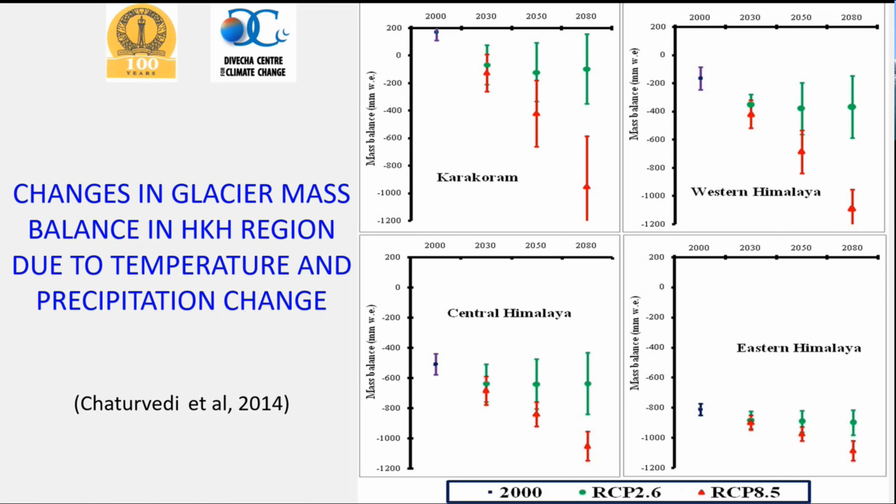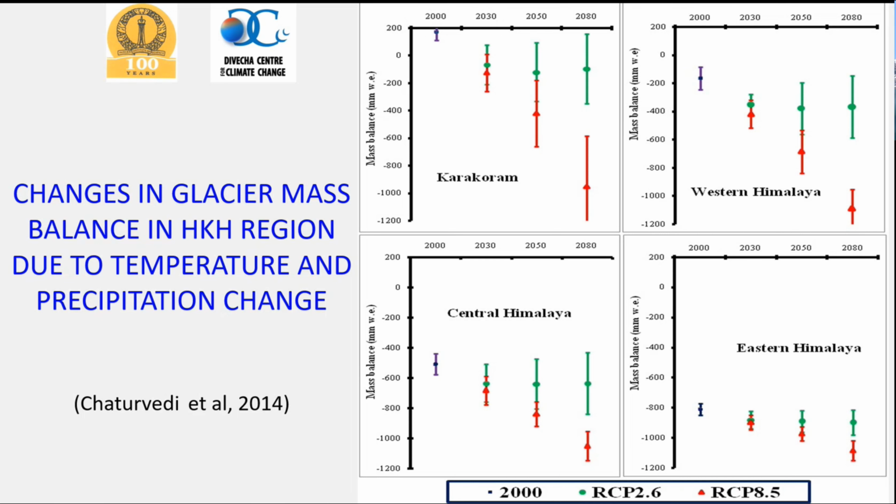But the situation is definitely hopeless in the eastern Himalayas. No matter what you do, these glaciers are heading for the finish. In the Western Himalaya, it's quite possible that you might be able to stabilize glaciers if we follow RCP 2.6, and Central Himalaya will also be slightly better than Eastern Himalaya, but glaciers will have substantially reduced area. So this will be the fate of glaciers by the middle of the century and end of the century if we apply this model on a broader scale.